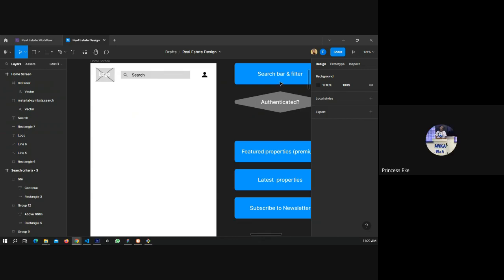You understand what I mean? Okay, yeah, search bar and filter. We've done the search bar, so let's add the filter. We can have the filter next here, and then we can have the featured property. Do you understand what I'm saying?